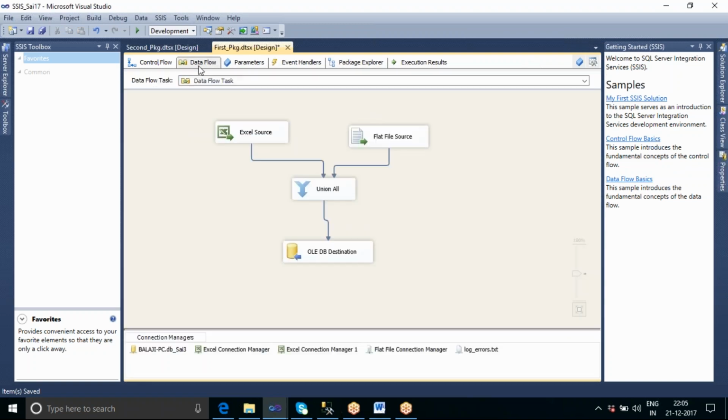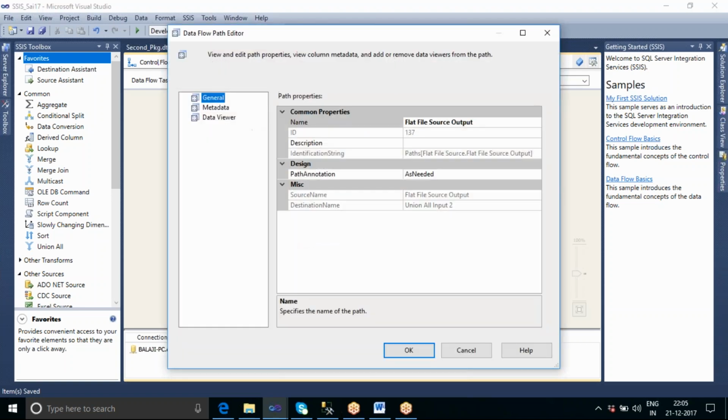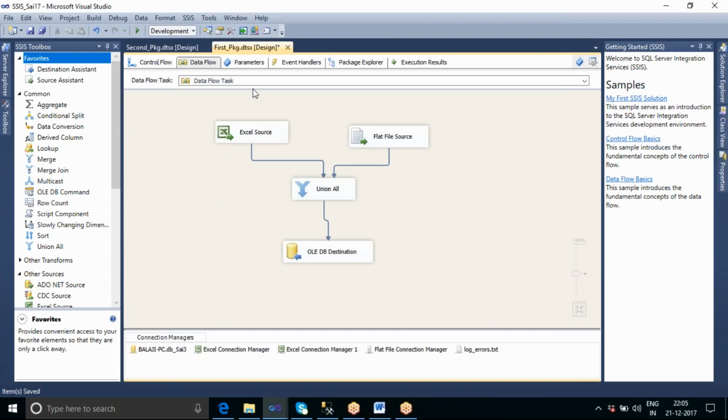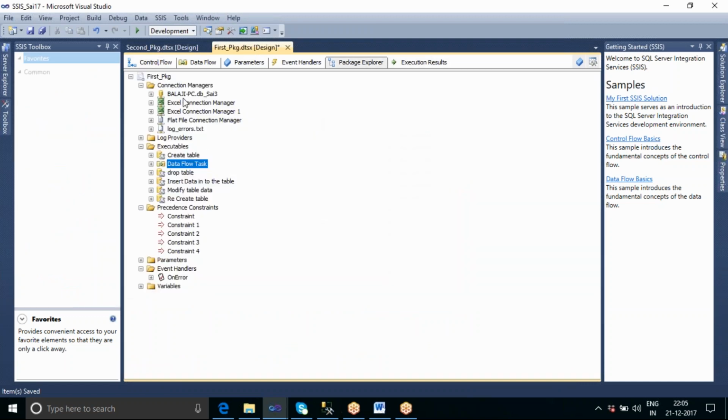So this is not called constraints here in the data flow. It is just called how the data is flowing. It is not called constraints. It is just data flow arrows, data flow connectors like that. So only the constraint arrows we use in the control flow section will be shown here. And in the executable section under the create table or data flow task, you can go and see